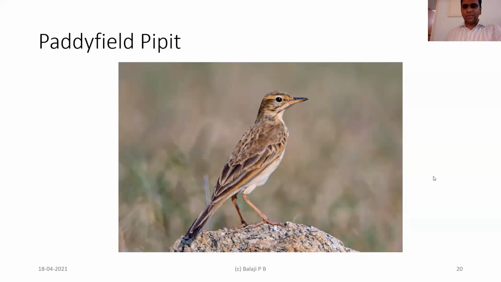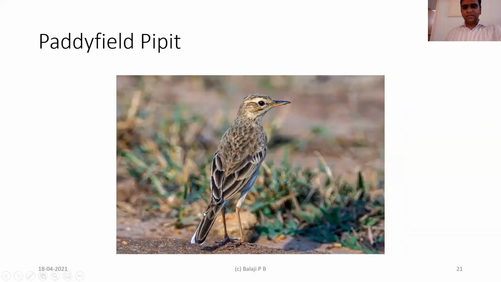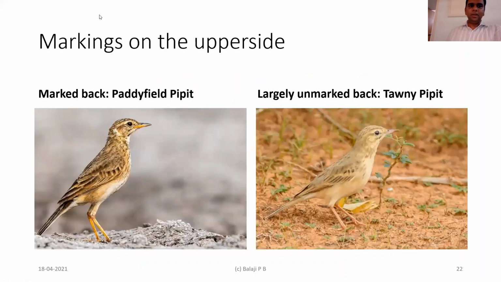So I'll show another picture of a paddy field pipit. Again, this is a paddy field pipit. You can see the dual tone beak, the streakings on the crown, streakings on the back. There'll be a small gap in the streakings just where the mantle is starting. That area will usually be plain, and it has whitish outer tail feathers. Okay, so now we know how the paddy field pipit looks.